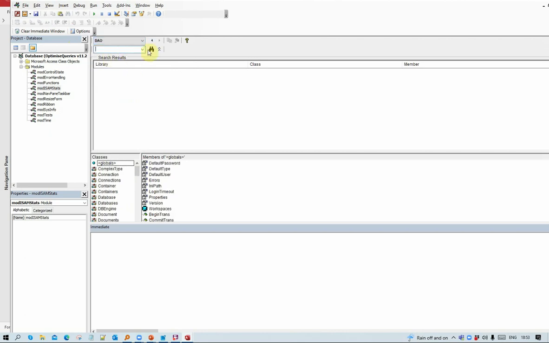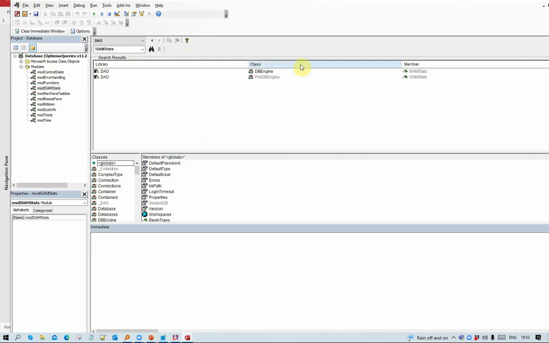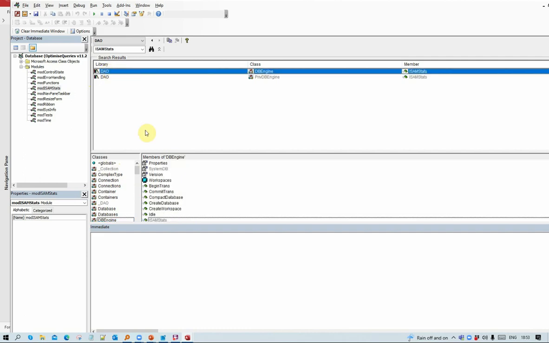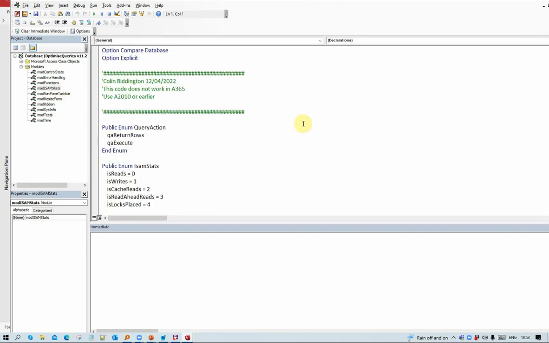Now with this, what we have to do is search it. So they slightly change the way this works. And once we've done that, nothing appears. Remember, I haven't got hidden members. There we go. It's there again. And once we've got that, then it appears down here as before. And not on that one, it doesn't there, but it does if I go to the right one. There you go. But if I actually try and run the code,